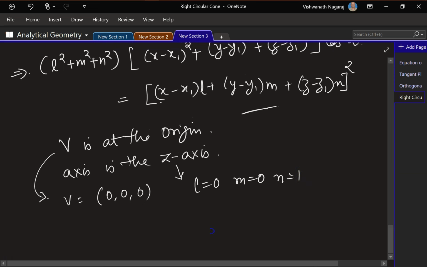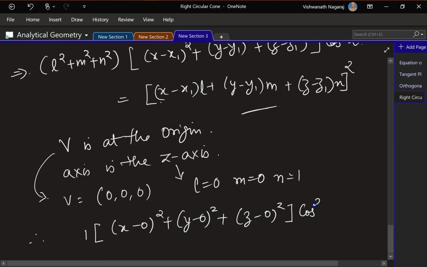So let's apply these values to this equation. So therefore, L square, M square, N square: 0 square plus 0 square plus 1 square, times x minus 0 square plus y minus 0 square plus z minus 0 square, cos square alpha is equal to,